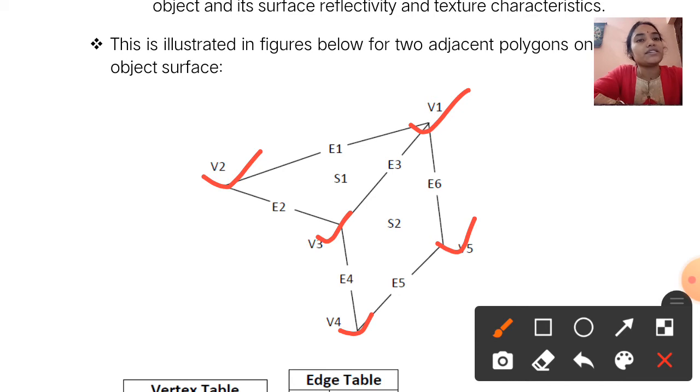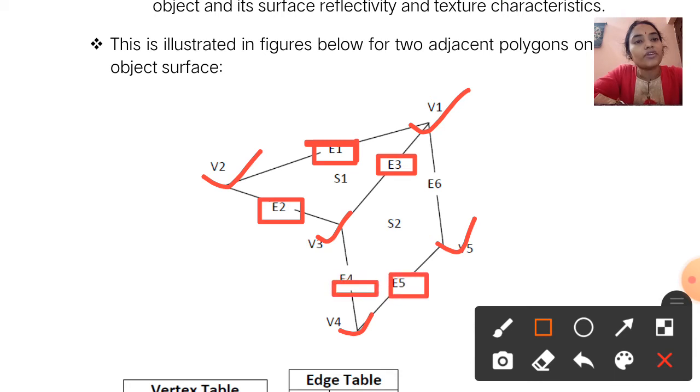And how many edges? E1, E2, E3, E4, E5, E6. That means, sorry, 6 edges are there. 5 vertices, but 6 edges.